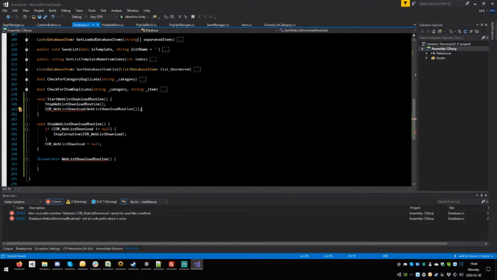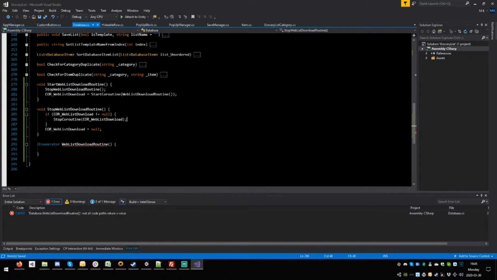Don't we need to put an equals? Oh yeah. Equals start coroutine. There it is. Save. Okay, so that's perfect. And we are going to